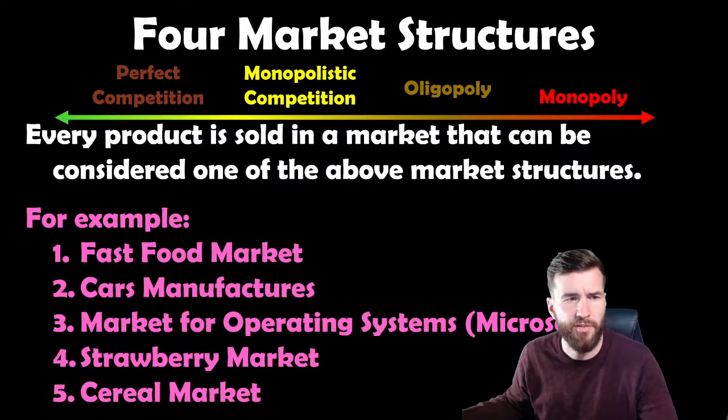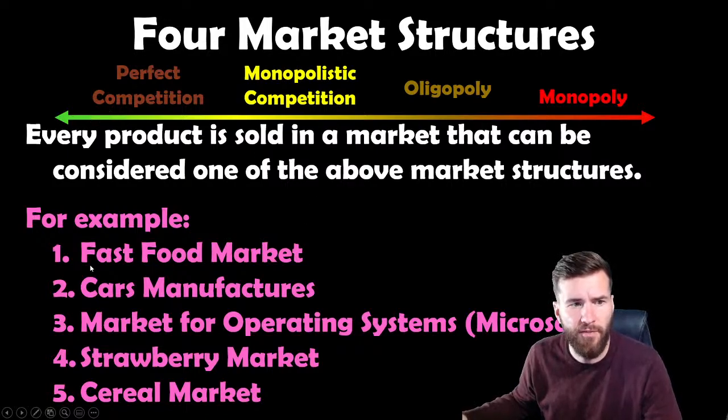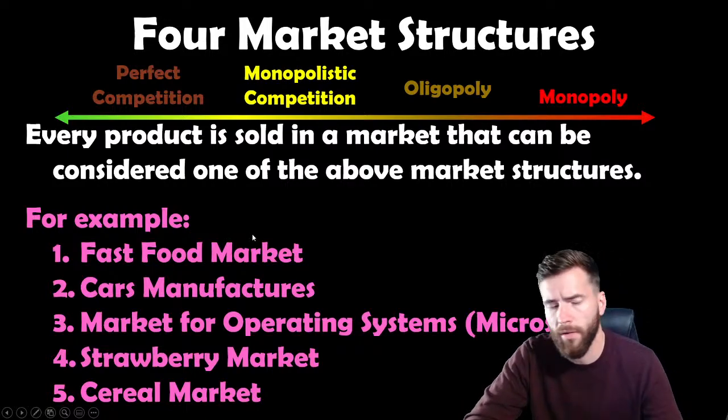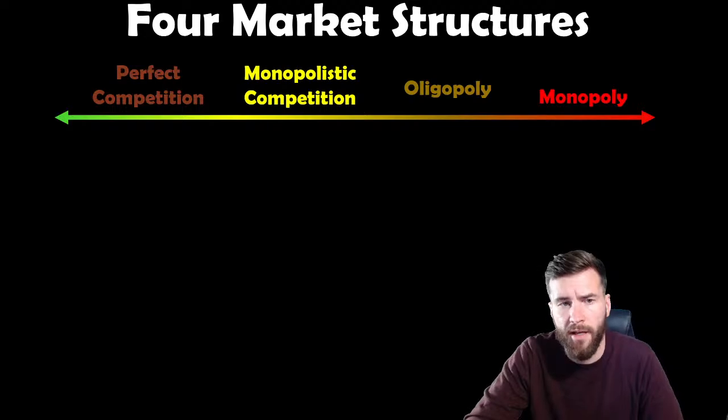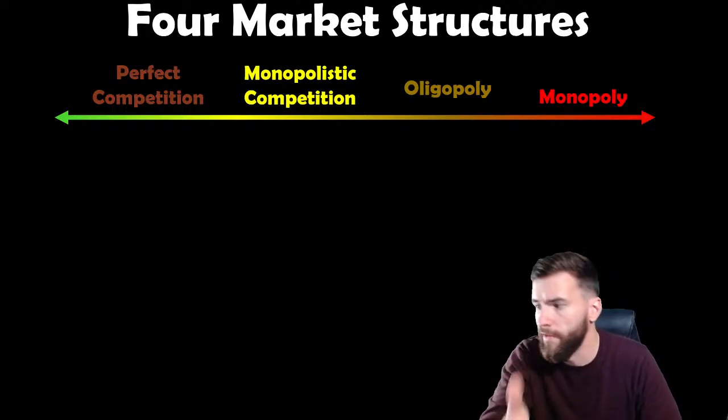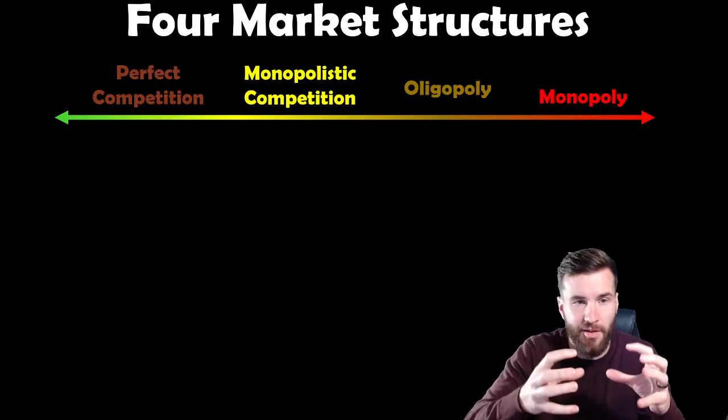But the whole point is this: every market, and every business in a market, is operating somewhere on the spectrum here. Where it's either very, very competitive, or it's monopolized, or it's pretty competitive but there's some variation, or only a couple firms dominate. That's the whole idea, and that's what we're going to learn the rest of the course. That's what AP Microeconomics is all about. Everything up to this point was so you can learn this, and this is the big part of it.